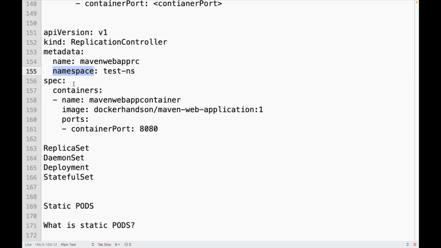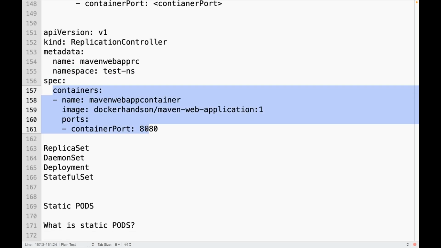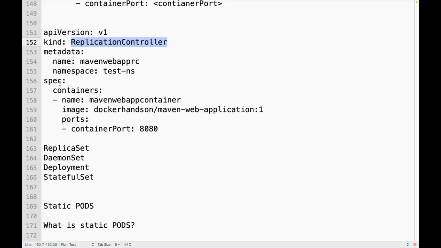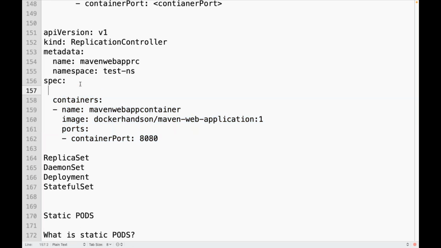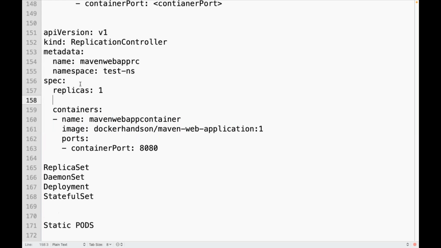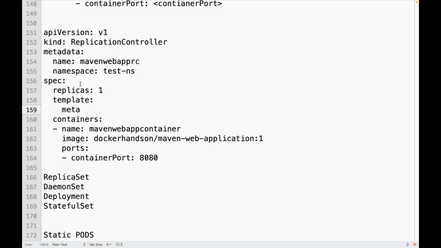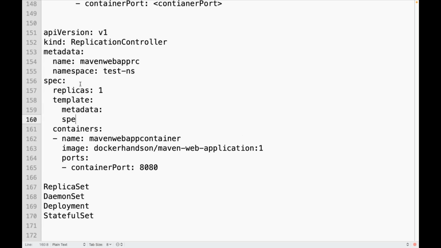I'm just mentioning the namespace. But is this correct when you are creating a replication controller? No, it is different. I have replicas. I can say one replica. I have a template. Within that template, do I have metadata? Do I have a spec? Now, is this correct? One second.